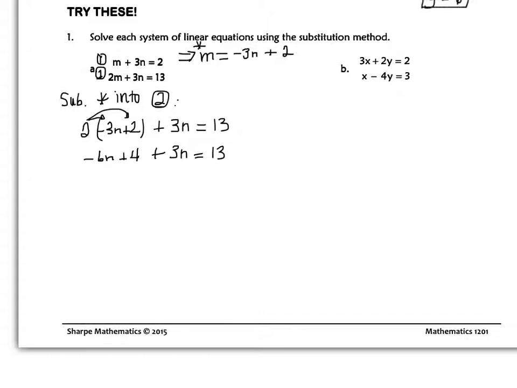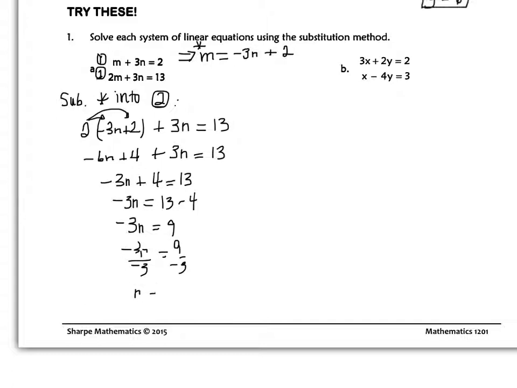You put like terms together. So the negative 6n and the 3n would be negative 3n, plus your 4 equals 13. So then take away 4 from both sides. That will give you 13 minus 4 on the right hand side. And then negative 3n is 9. And then if we divide both sides by negative 3,